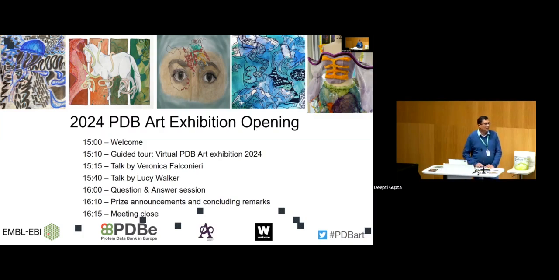Finally, as you all know, you have seen really amazing biological data, really beautiful macromolecules, and we are lucky that we host this type of data and provide it to the whole world. This PDB Art project really helps us share that beauty, that real knowledge that we have in the data, with everyone. So thank you again for coming here, and I'll pass it on now to Deepti, and we'll enjoy the rest of the opening event.